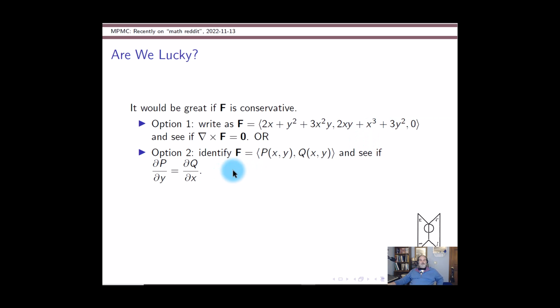If they are, then it's conservative. Now, for this particular vector field, the derivative of that first component with respect to y is 2y plus 3x squared. The derivative of this second component with respect to x is 2y plus 3x squared. Ta-da, they are the same, so this thing is conservative,